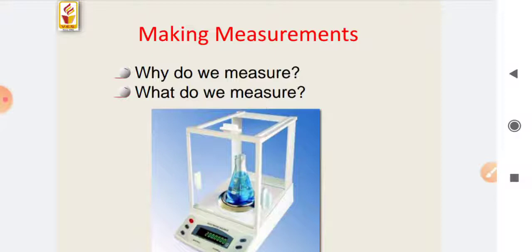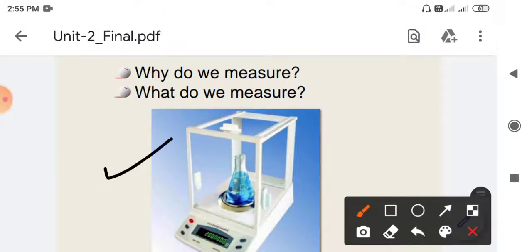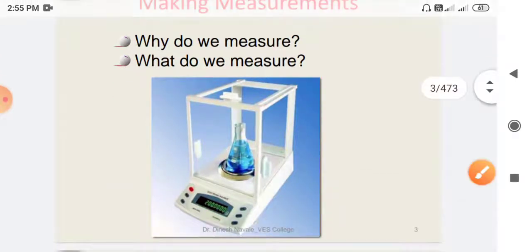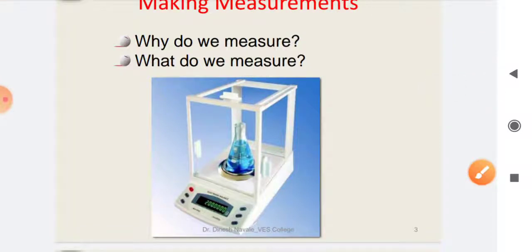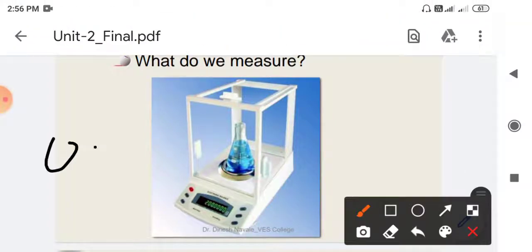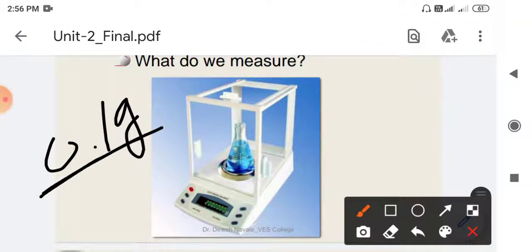If it is a liquid we will measure it by using the burette or pipette, and if it is in the solid state we will measure it by using the weighing balance. Again we know that weighing balances also have various types, depending upon the least count of that instrument. We are going to have a different least count for the specific instrument. So it will show readings up to, say, 0.1 gram. Okay, so this is the least count.